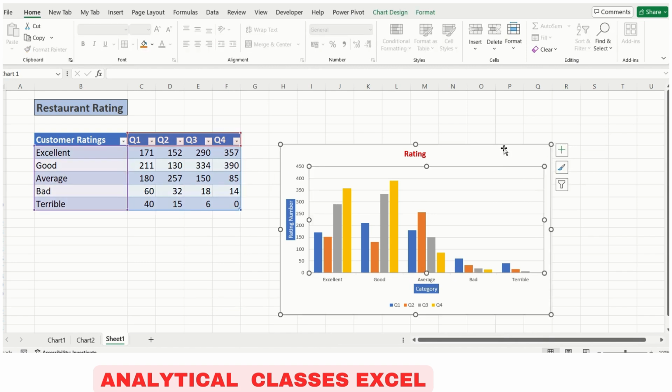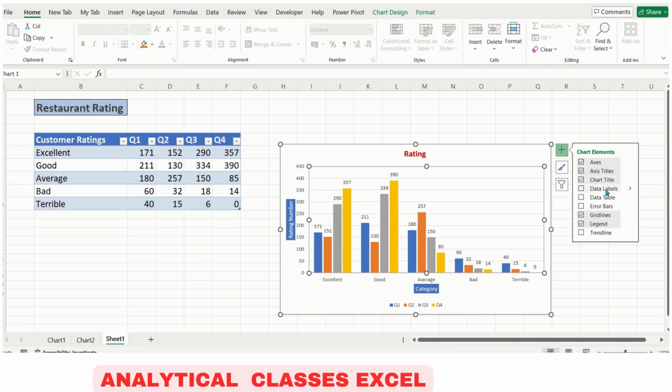coming back to the chart, clicking on the plus option, chart title we have seen. Data labels, if you tick this, the numbers will appear here. It will make the end user understand pretty well that this bar corresponds to 257 of rating.